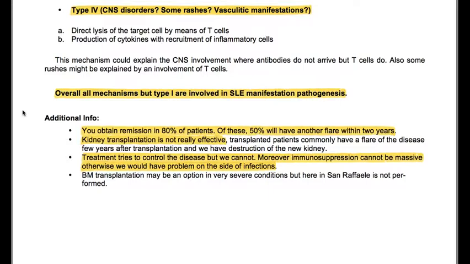Additional info: you obtain remission in 80% of patients. Of these, 50% will have another flare within 2 years. Kidney transplantation is not really effective. Transplanted patients commonly have a flare of the disease a few years after transplantation, and we have destruction of the new kidney. Treatment tries to control the disease, but we cannot. Moreover, immunosuppression cannot be massive, otherwise we would have problems on the side of infections. Bone marrow transplantation could be an option in very